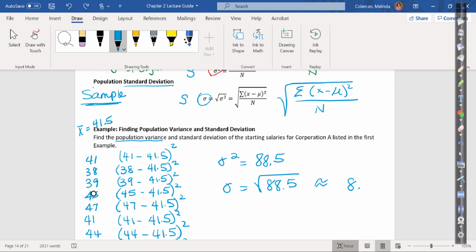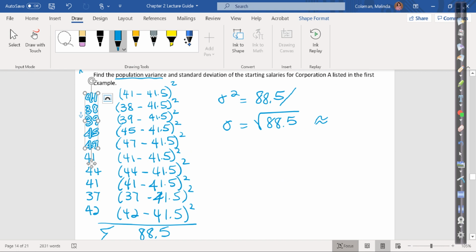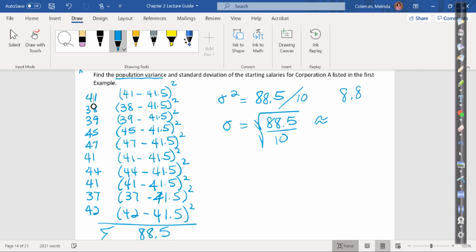I forgot the other part of the formula. It's 88.5. That was this top piece, but now I have to divide that by n. And in this case, there are 1, 2, 3, 4, 5, 6, 7, 8, 9, 10 pieces of data. So I'm going to divide this by 10. And now this is 8.85. So now I take the square root of 8.85,